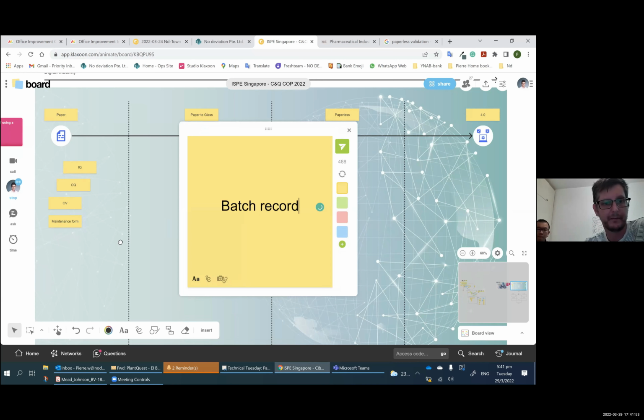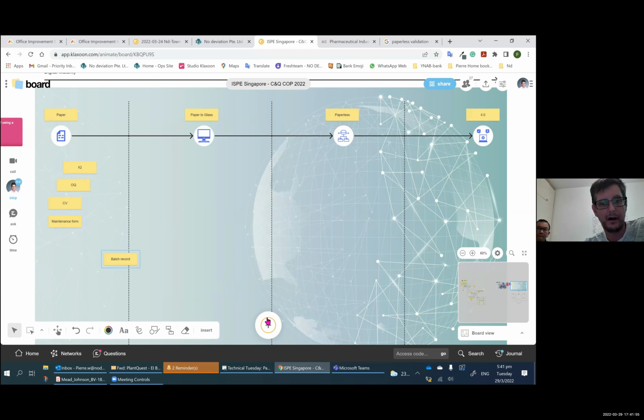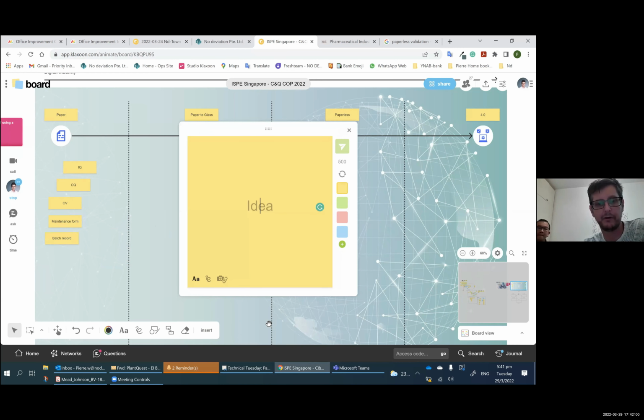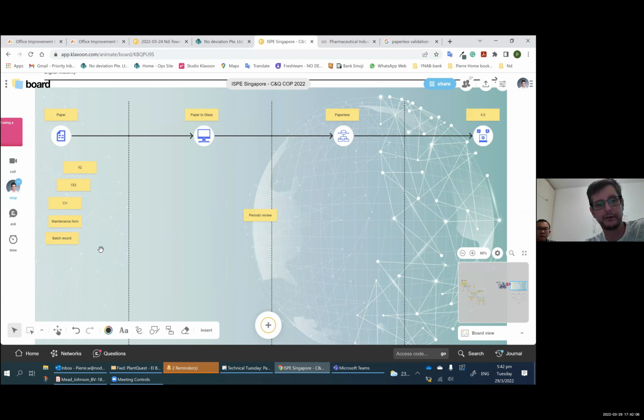And a lot of things that we still do on paper are our periodic reviews, right? I see a lot of people printing trends and putting those trends in a Word document, reviewing those trends and writing down, and then eventually printing it and reviewing it, right? I don't know if you have, you can populate those.